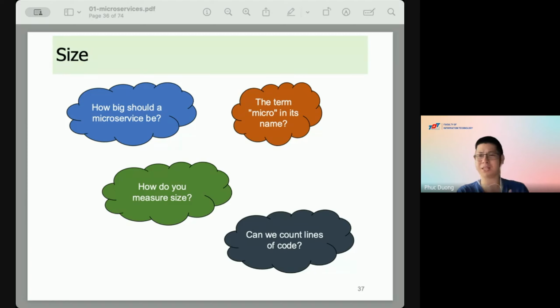How do you measure the size? Can we just count the lines of code? Someone in a previous semester, some student, came and asked me a very difficult question: how many services should I implement for the final project to get a good score?